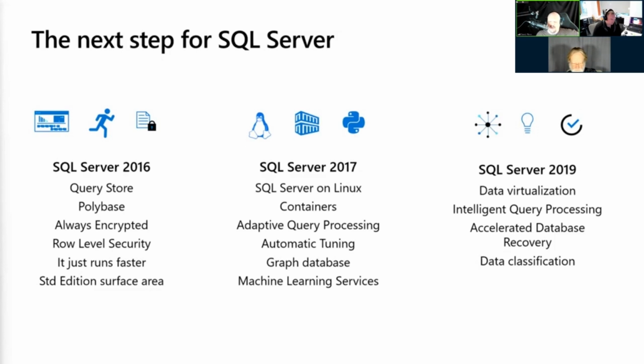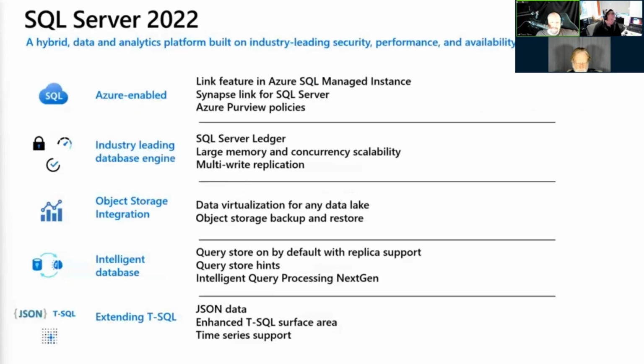Then in SQL Server 2019, we further improved upon intelligent query processing by adding batch mode on rowstore, row mode memory grant feedback, scalar UDF inlining, and table variable deferred compilation. And all you had to do was change your database compatibility level to 150 on 2019. We redesigned the database engine recovery process as well with accelerated database recovery. And for security, we added data classification and discovery, making it possible to classify and label sensitive data to help better meet data privacy standards.